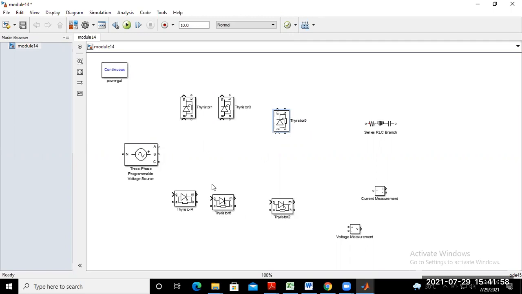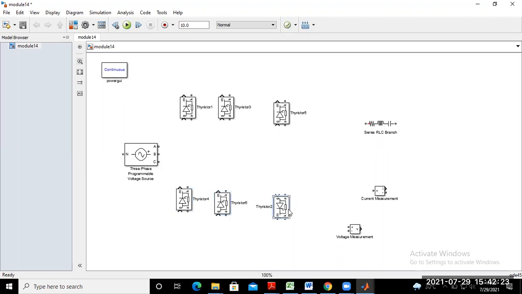4, 6, 2. Which thyristor will come with 1? 4, no? And 6 with 3. And 2 with 5.